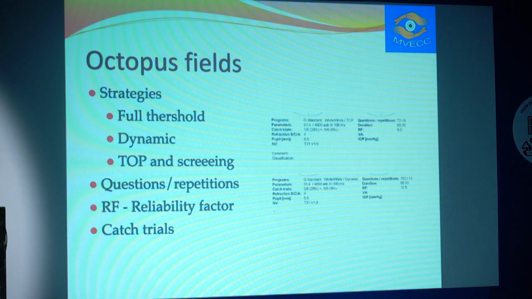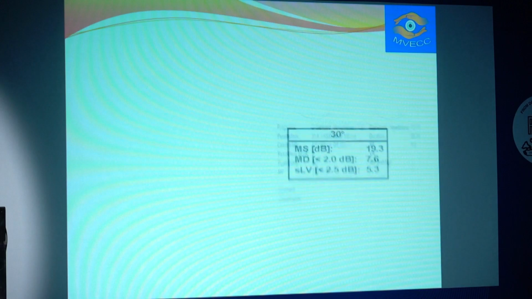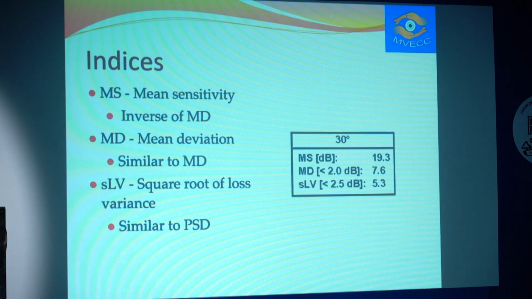The reliability factor is one more point in the Octopus. The reliability factor has to be less than 15 to be reliable. Then catch trials are similar to the global reliability indices. Then we have another metric here, mean sensitivity, which is the inverse of mean deviation. A higher mean sensitivity means the patient's fields are good, and the mean deviation